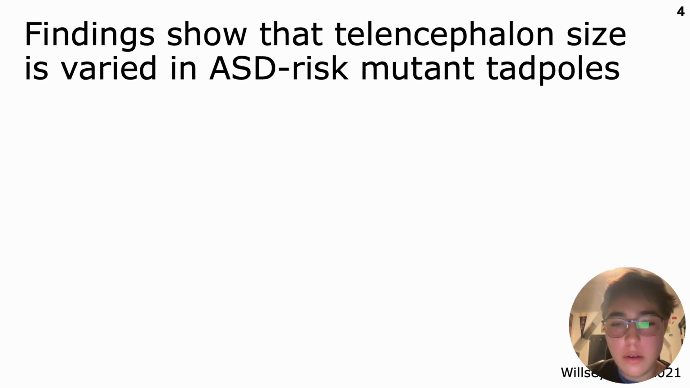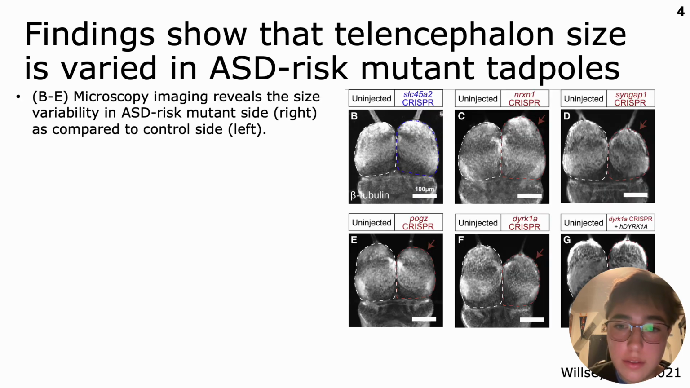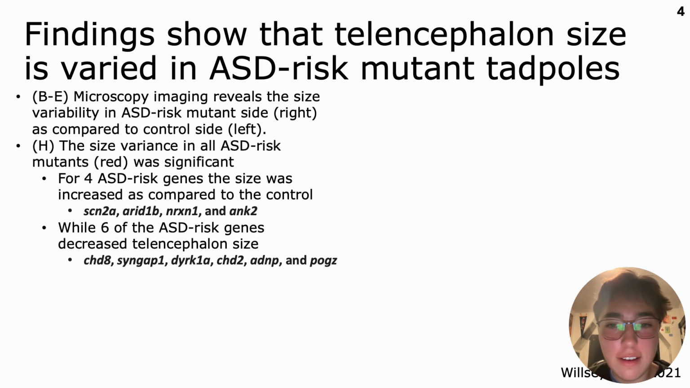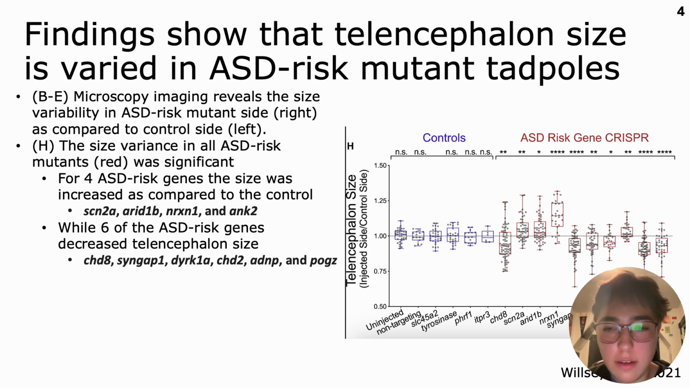differences. What they found was that the telencephalon size, which is a part of the brain in the tadpole, is varied in the ASD risk mutant tadpoles. So here's an image of some of the different mutant telencephalons, and you can see that all of the ASD risk gene mutants are significantly different from the controls. And here's a better depiction of that. You can see that 4 of those ASD risk genes actually increased the brain size, while 6 of them decreased